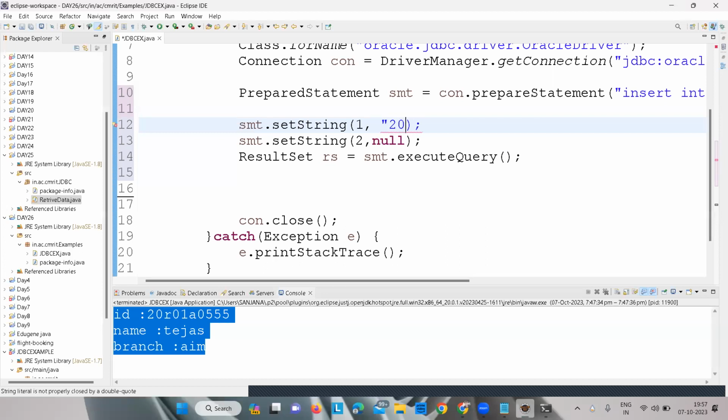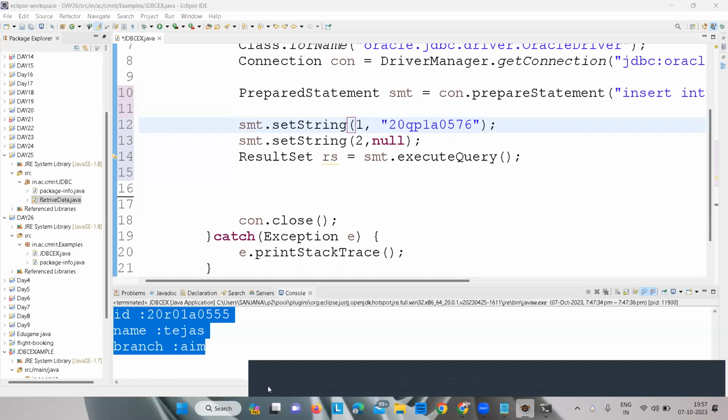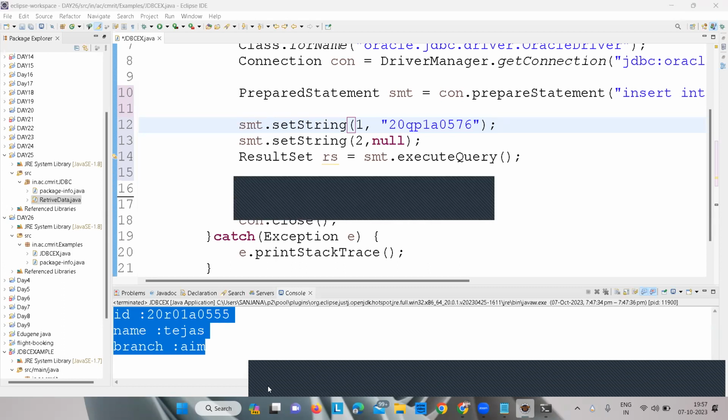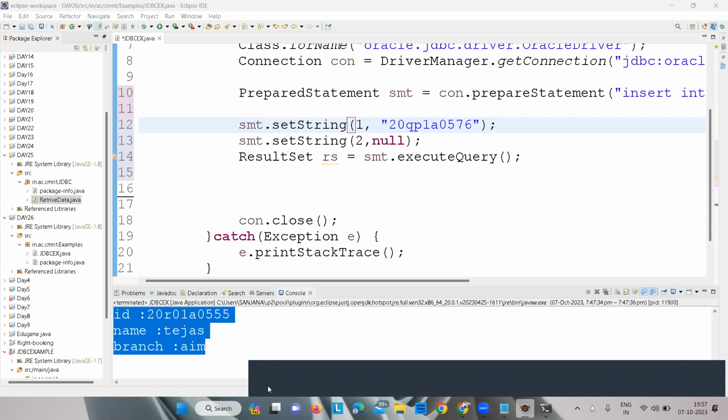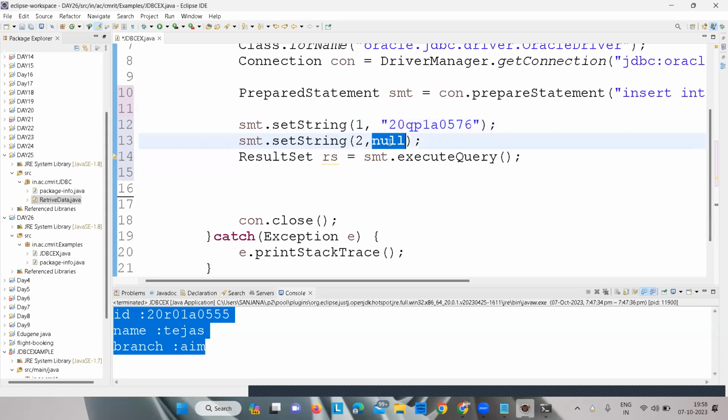Yes, id will be 20qp1a0576. And this one name, let's say Ankit,